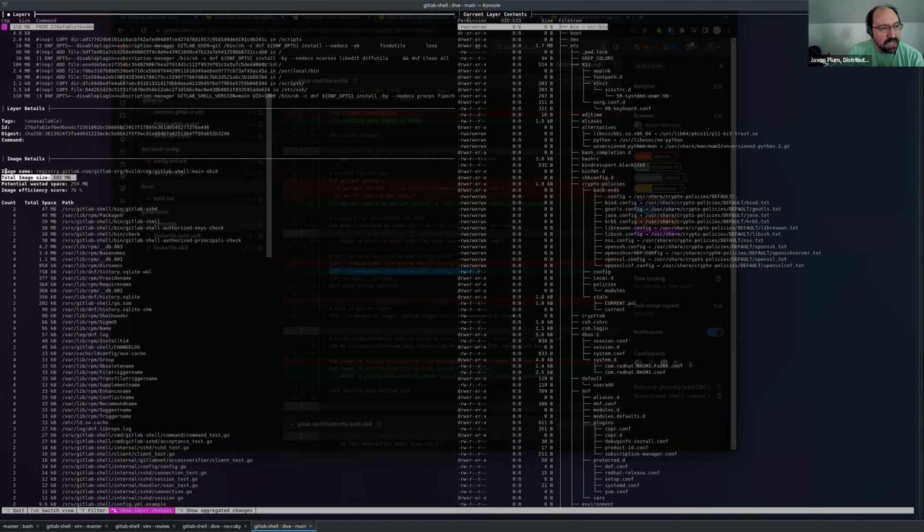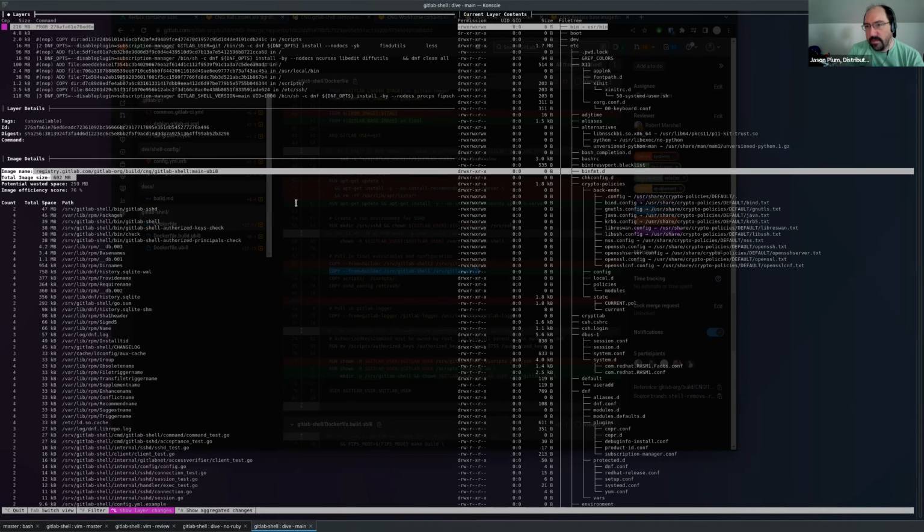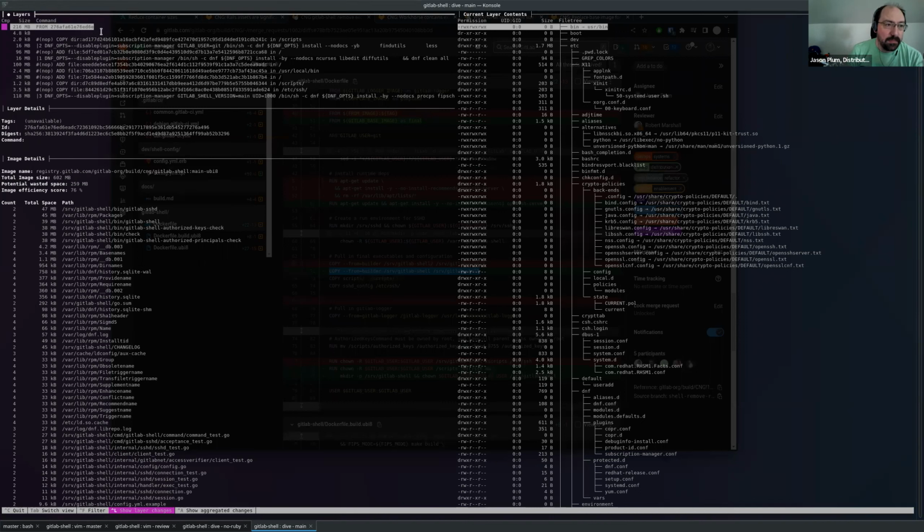If I look at the image size on main UBI8, so the UBI8 version of GitLab Shell for the master branch, it's 602 megs. Okay. If we look at the image layers, the base layer, 216 megs. This is our underlying container that's got everything else in it. Who it's from. This used to be